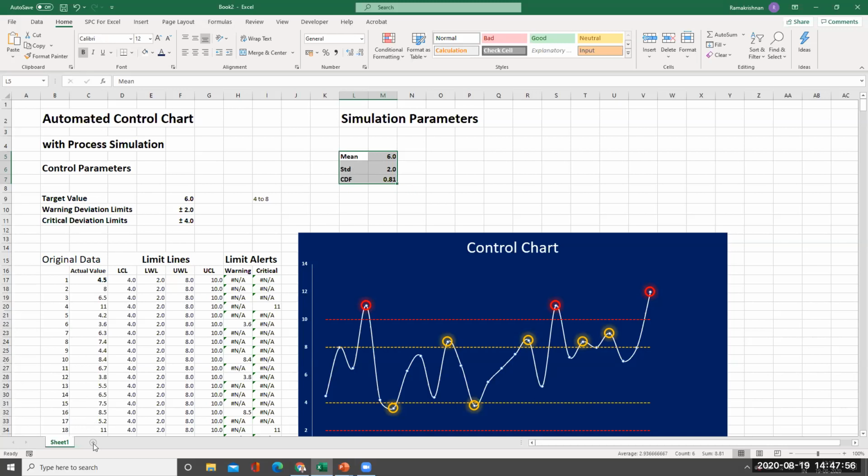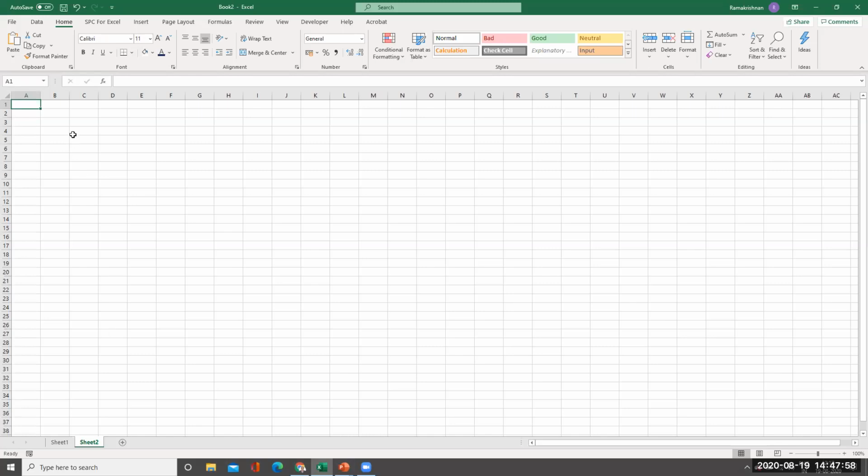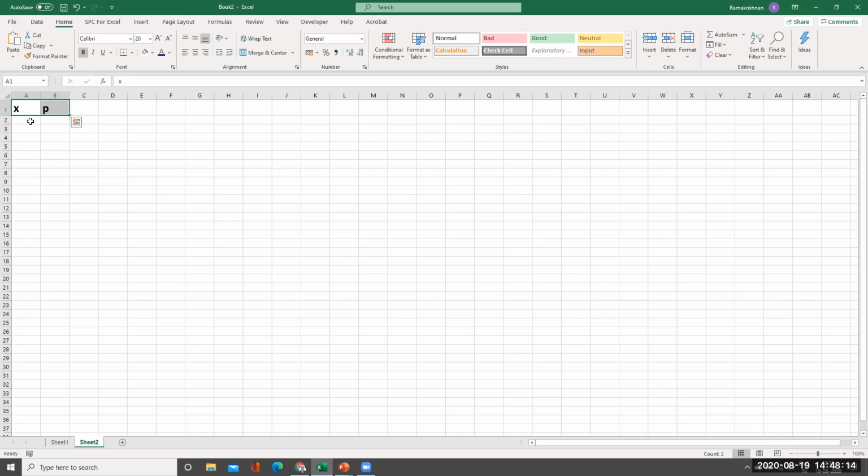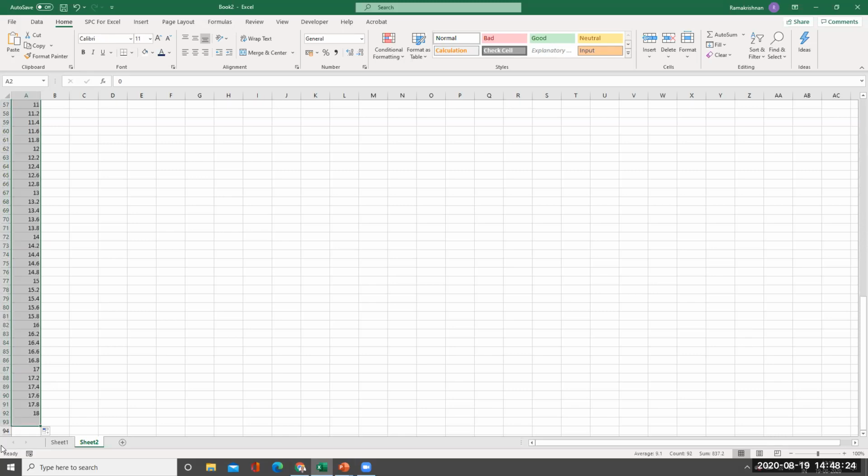I will add a new page and then there I will do it. I'll just take a new page. Now I will just have a value X and P value. I'll make this bigger so that you'll be able to see, 20 and bold on it here. Now here I'll start from 0 and then 0.2. This is for normal process distribution. I have to draw it now. Therefore, I'll just go up to 12. See here, up to 12 is there. Where is the 12? 12 is there, right? So 62 values. The rest I'll delete.